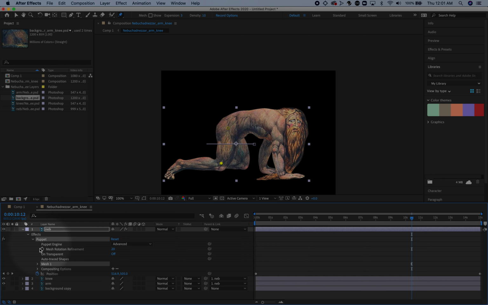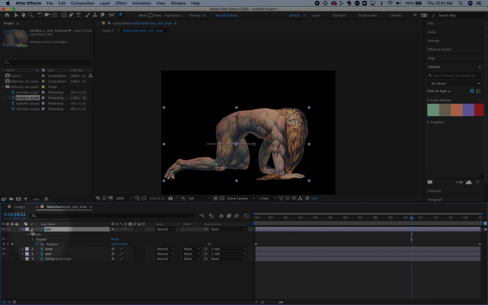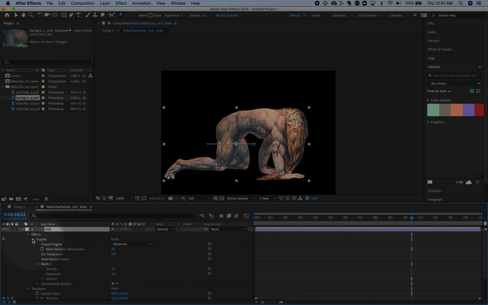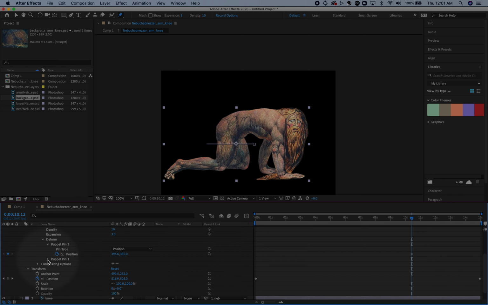I can open up the puppet effect, and inside there is the mesh. And inside that mesh, where'd it go? Let's try that again. Oh, sorry, there it is. Okay, effects, puppet, mesh, and deform. And in deform, you see puppet pin 1 and puppet pin 2. I know this is a lot of things. I open up puppet pin 2, open up puppet pin 1, and these are,